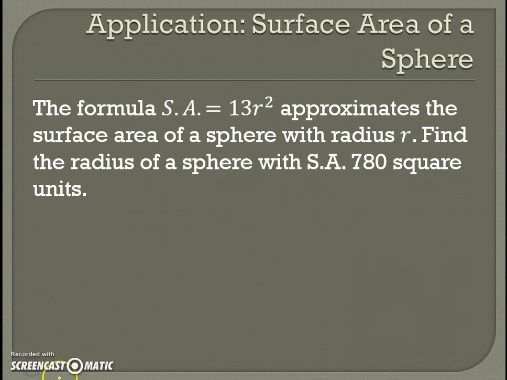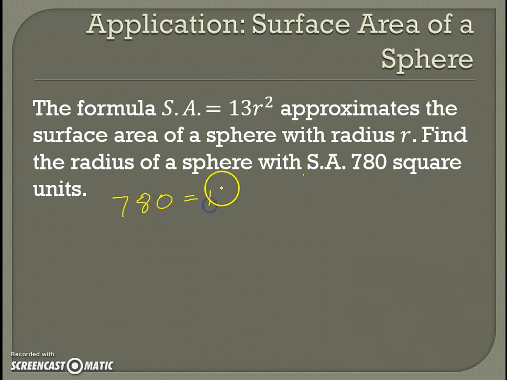All right, let's take a look at an application of finding square roots. So here it says the formula S.A., that stands for surface area, equals 13r squared, approximates the surface area of a sphere with a radius of r. It says find the radius of a sphere with a surface area of 780 square units. So in order to do this problem, we're going to have to go back and remember a little bit of our pre-algebra from last year. I'm going to substitute in 780 for this SA. So I have 780